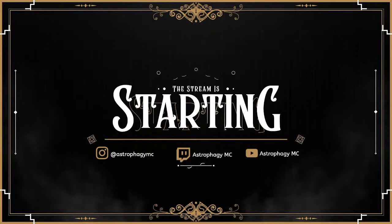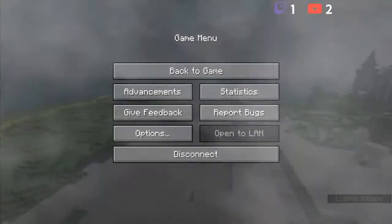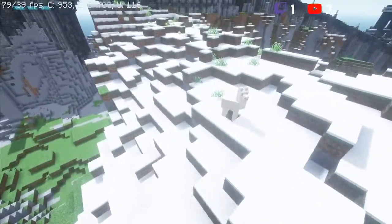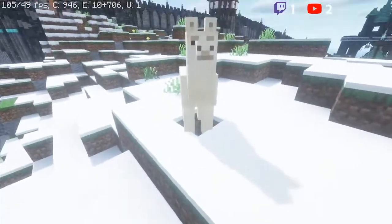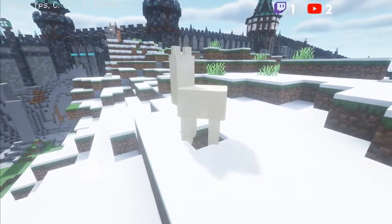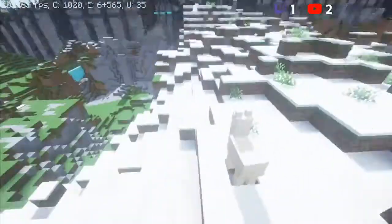Let me see if I can go back to the... Whoosh! I love that. It just does it for me. Hello, llama. What are you doing up on this hill? You blend in with the snow. Interesting. Anyway,